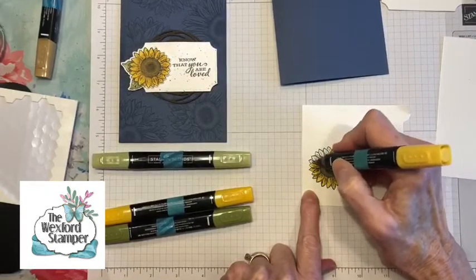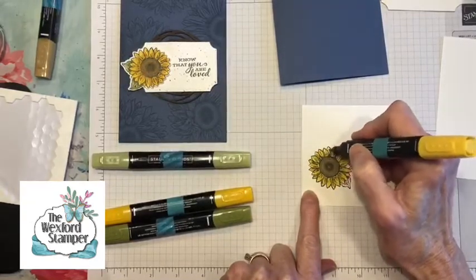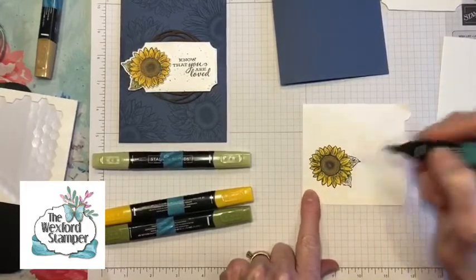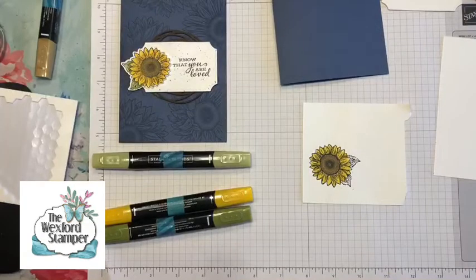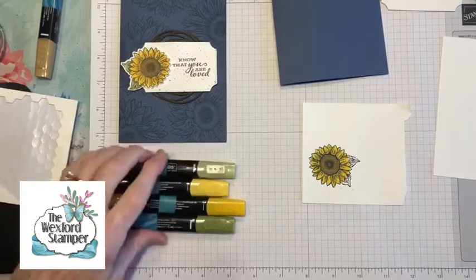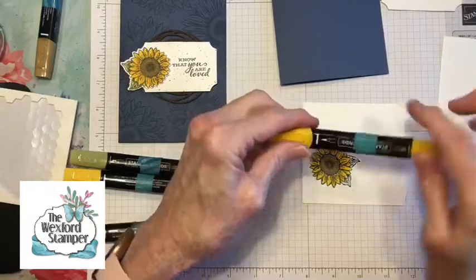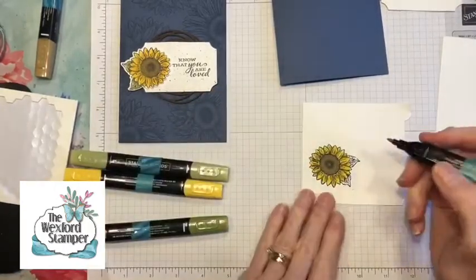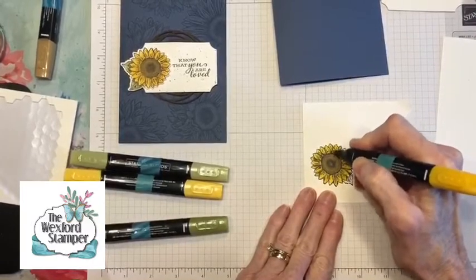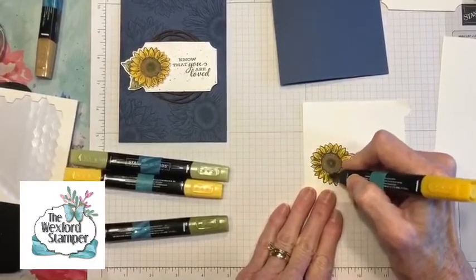So I'm almost halfway around here, coloring the entire petal, because when I come back with my Mango Melody, I'm just going to be touching it toward the base of each of the petals near the center. All right, so there is my sunflower all colored in. And then, as I said, I'm going to take my Mango Melody. This is dark as well. And I'm going to use the bullet tip for this. Starting at the center, I'm just going to do little brush strokes coming from the center and going around